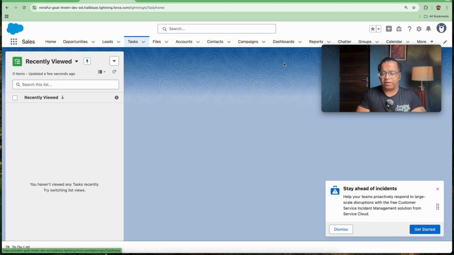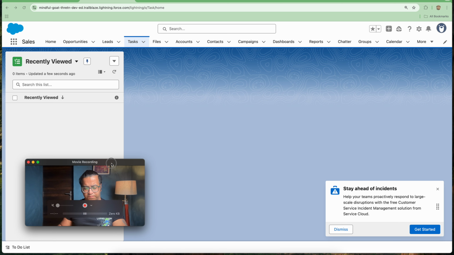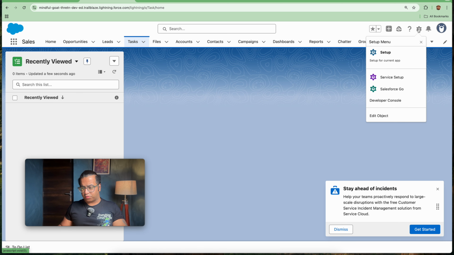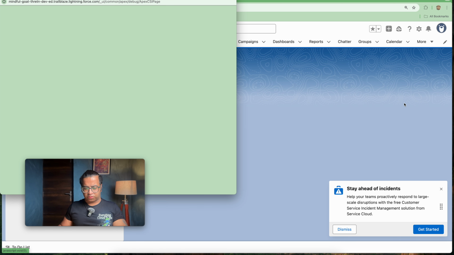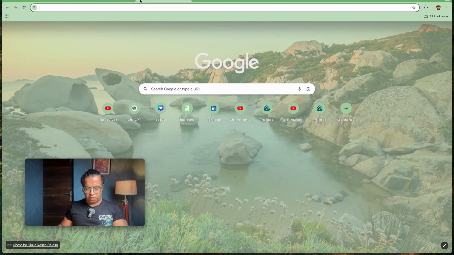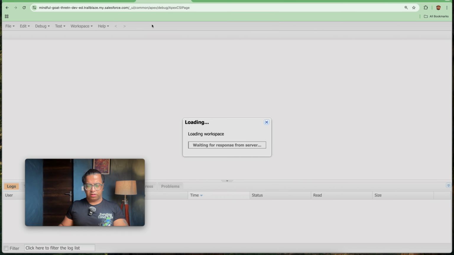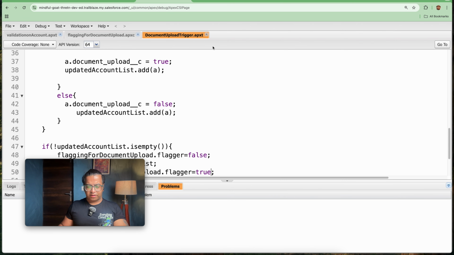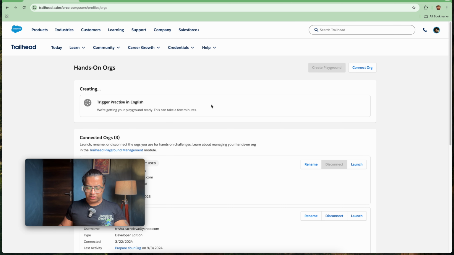So let's start with the trigger. First of all, we will be opening the developer console. Once the developer console is opened, let's close this, and I will open it in a new tab. In the new tab, I tried to make a new playground for my org, but it hasn't been created yet.